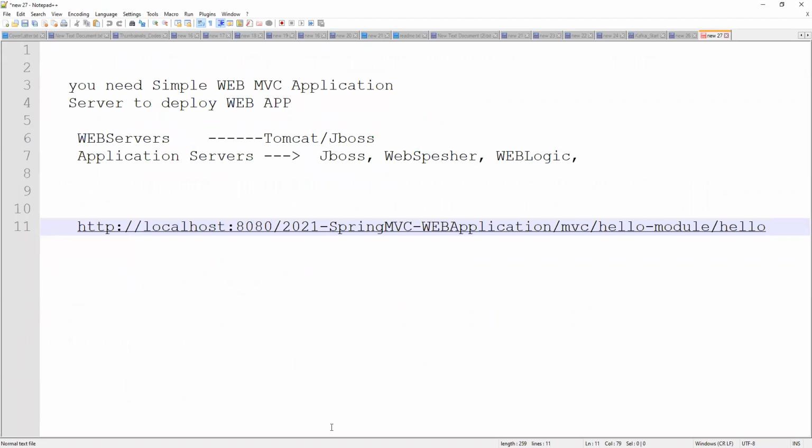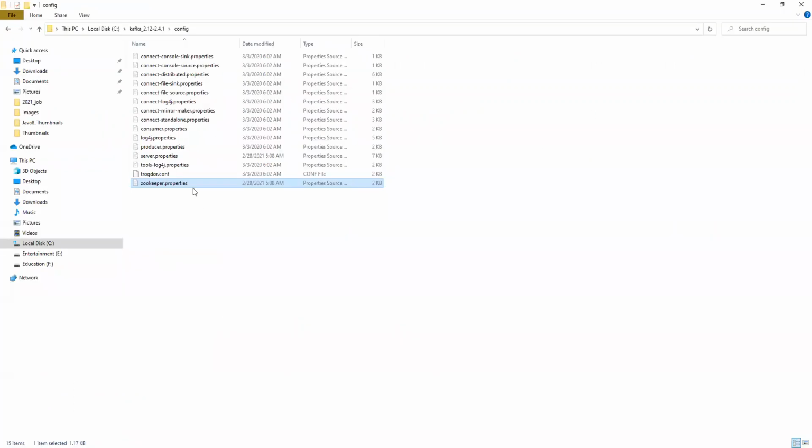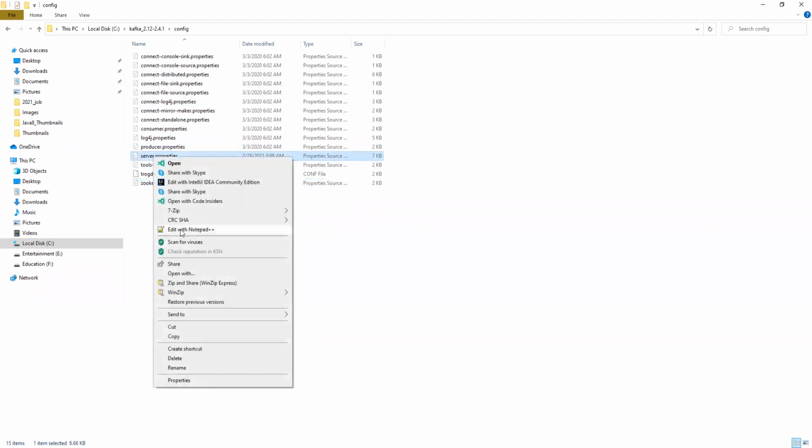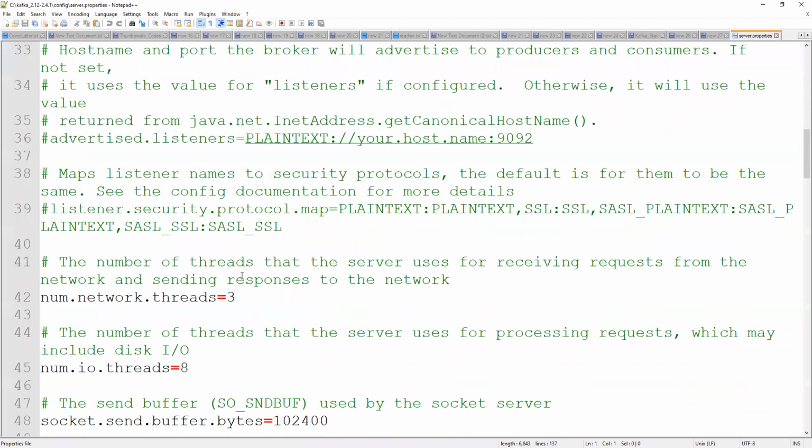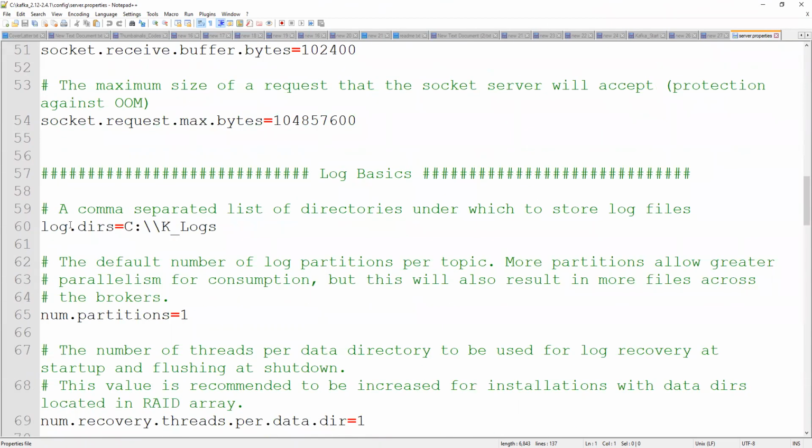Now I'm closing this Zookeeper file, and again I'm opening server.properties, which means the Kafka server.properties. In the Kafka server.properties, you need to give the Kafka logs directory, the data directory or logs directory. You can give any name, no issue. So C:/K logs. We are giving our local memory space. Otherwise Kafka itself takes a lot of memory, and we may get memory related exceptions. For that, we need to give some storage area to store logs. It will generate thousands of data at a time.